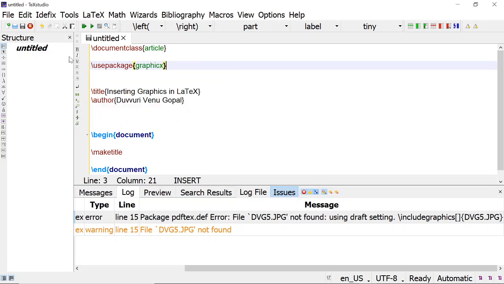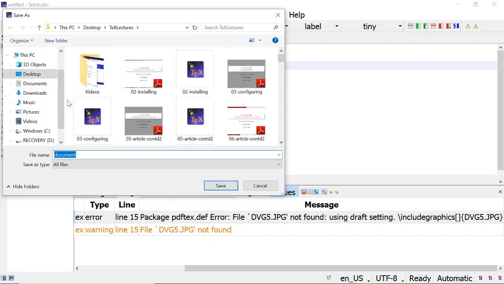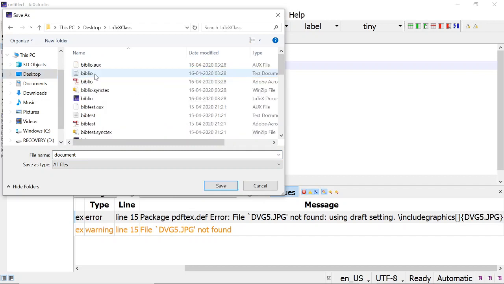There is another package called graphics, but we don't use that one, we use graphicx. And save this file. I am saving this file in the directory LaTeX class, and graphics. Save.